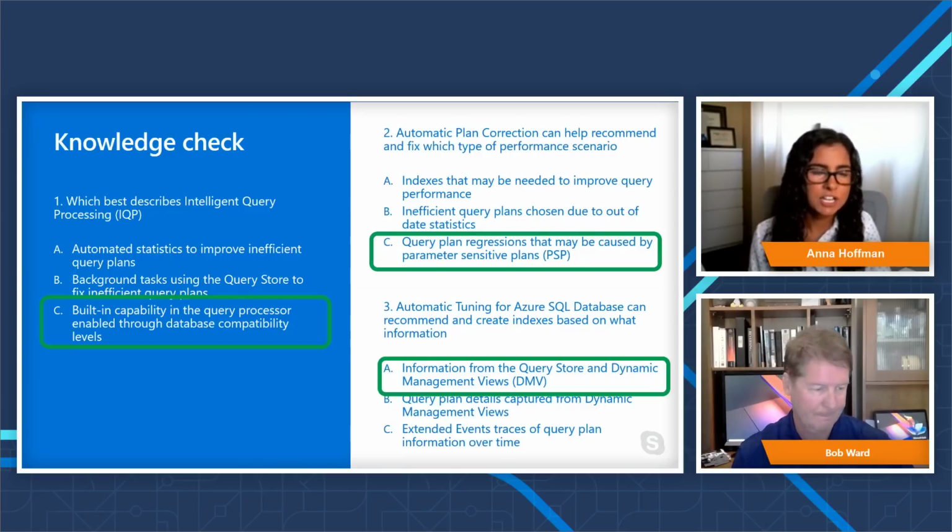Awesome. Yeah, and I think a good number of people got that, but this was a great explanation for those that maybe were a little bit confused. I think that first one could have been a little bit tricky, but that's just me. Well, just remember that IQP is a good one, Anna, that we hone in on because it's built into the query processor. It's not something for the Query Store, and automated stats have just always been there. So it's a query processor thing, and that's important to know, I think.